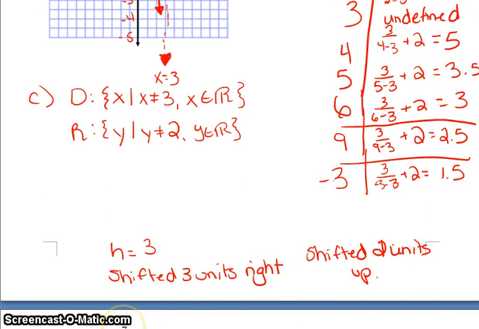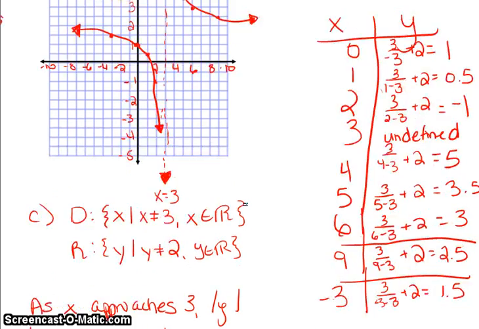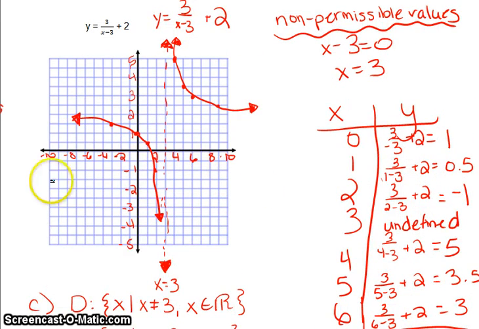And just to talk about what happens as we're approaching these asymptotes. So what we can say here is that as x approaches 3, the absolute value of y becomes very large. Alright, so I'm going to scroll up here. So as x approaches 3, the absolute value of y becomes very large. So let's look at this. And remember, your absolute value is the positive distance, or a positive value, whether it's positive